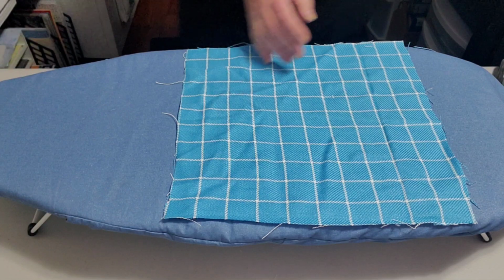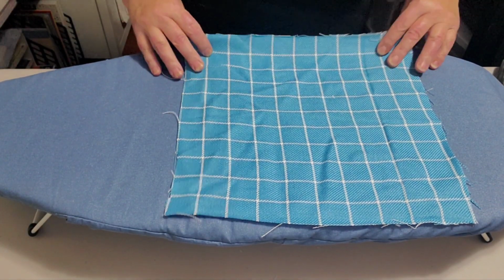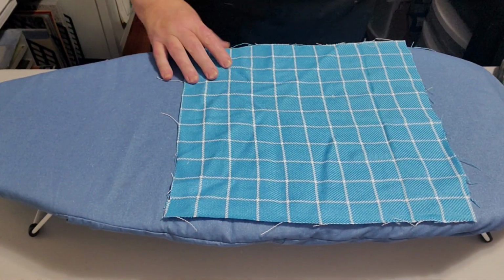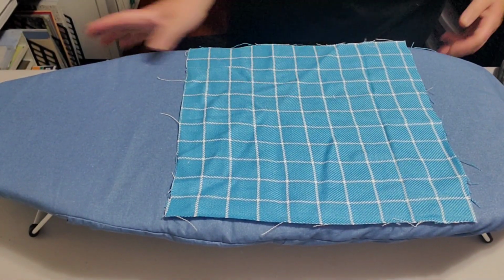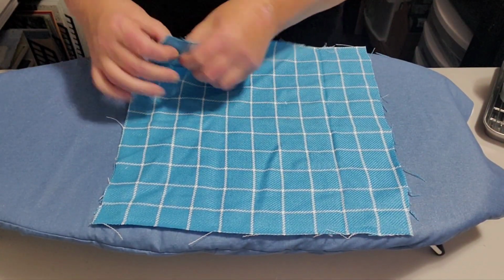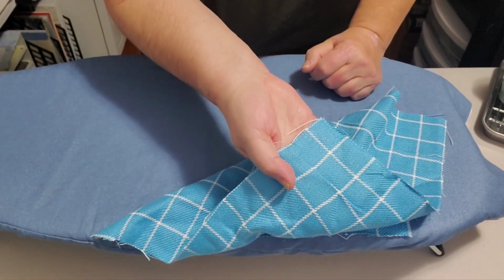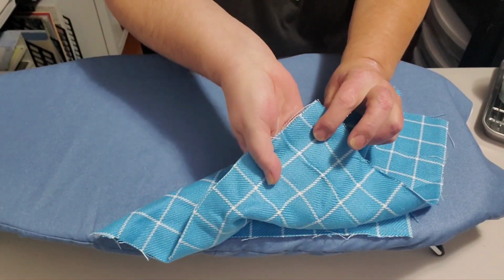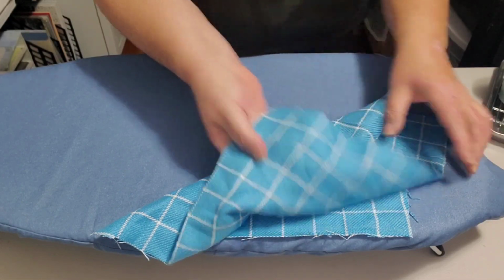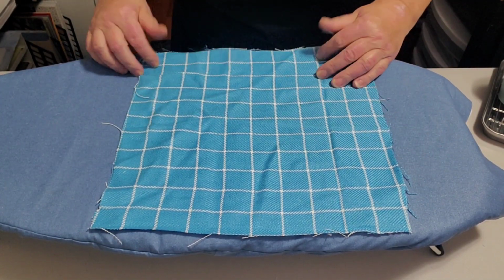So there you go. So those are 5 of them. Now I'm going to make one more, but I'm going to show you how I did those. Now, normally you don't have to iron, but this particular material, if you look, it has a real deep crease. Yes, gluing it down, you could probably straighten it, but I don't feel confident that this type of material,